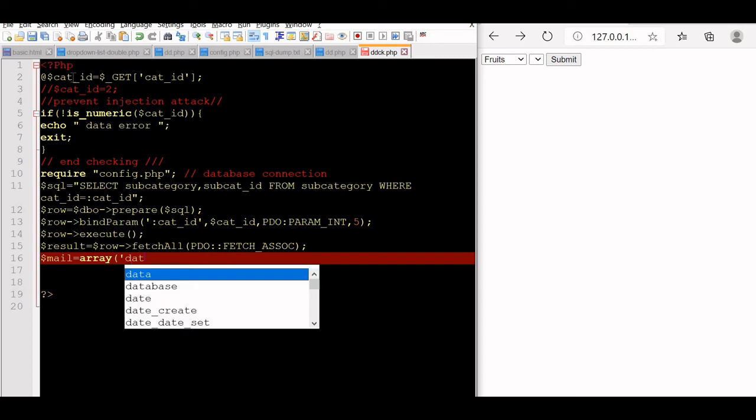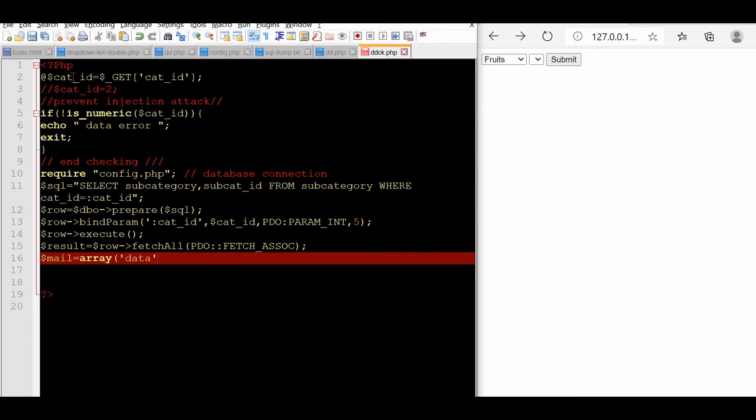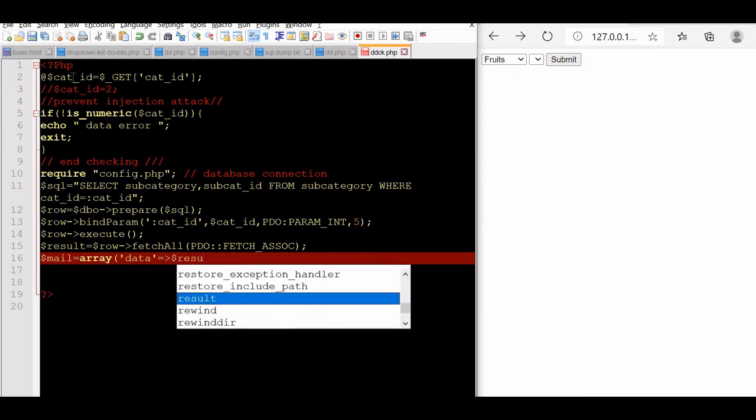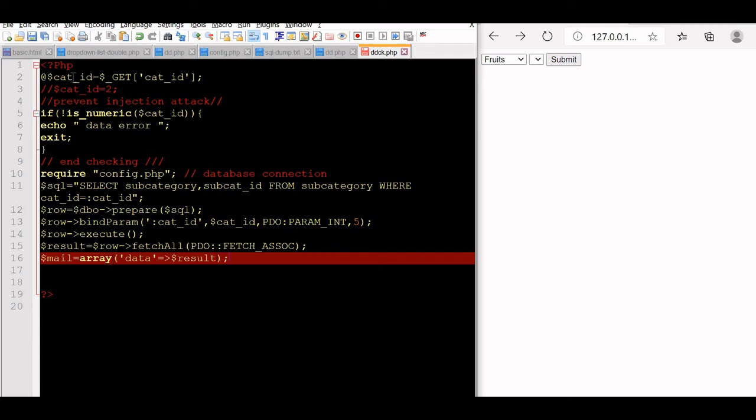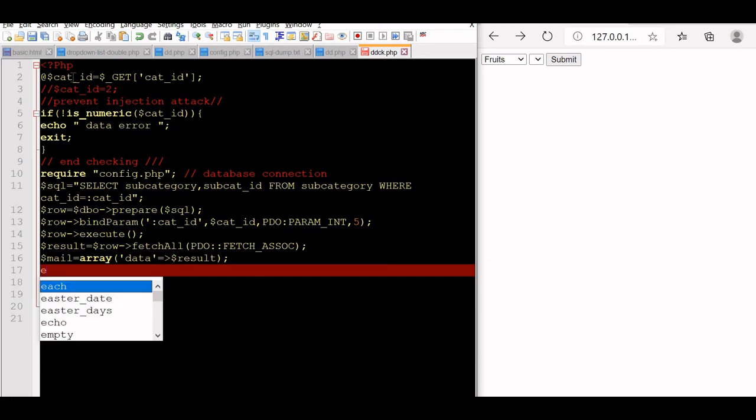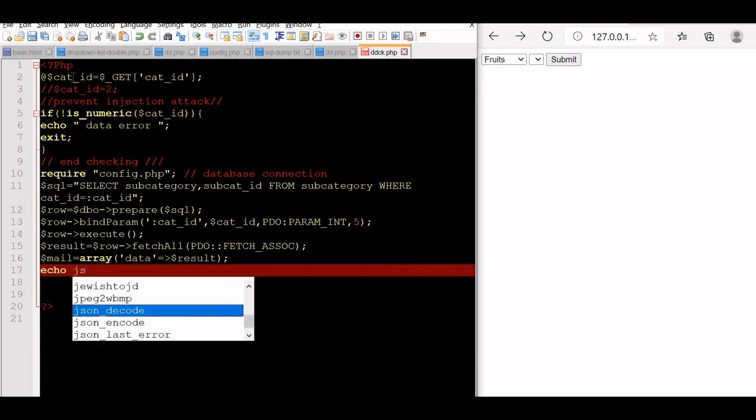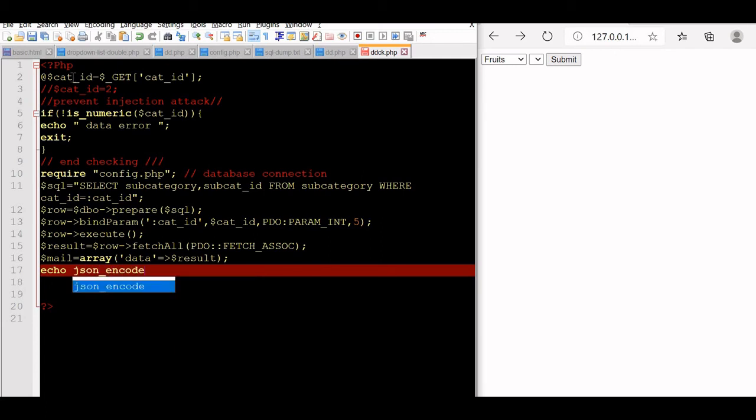Let us give this data, which we have used in our front end script as the return data variable. Along with that, this is the data we are now assigning. You can give your own name, not a problem. So let us put the result. Fine, close it. Okay, so now let us print the JSON string. There is a PHP function, json_encode. Now main. So that completes our code part.